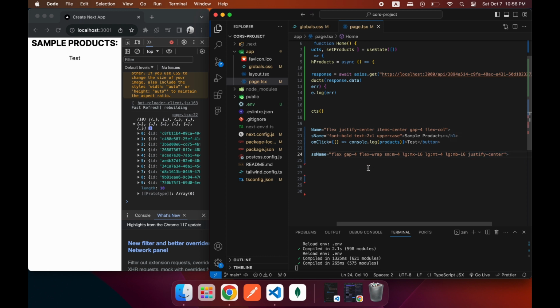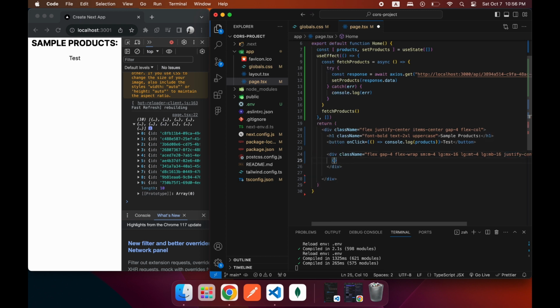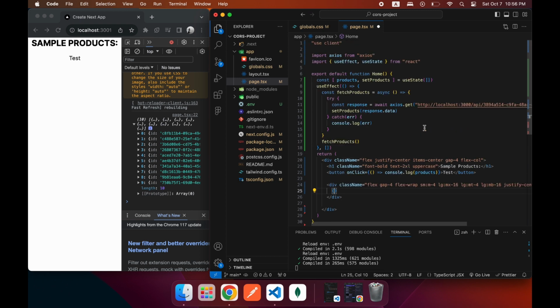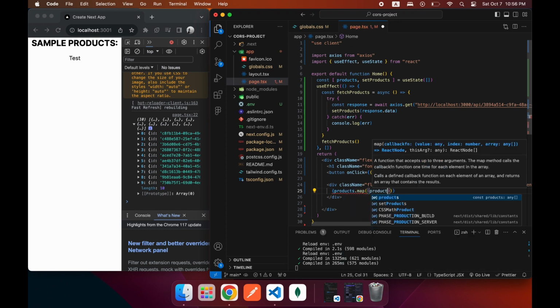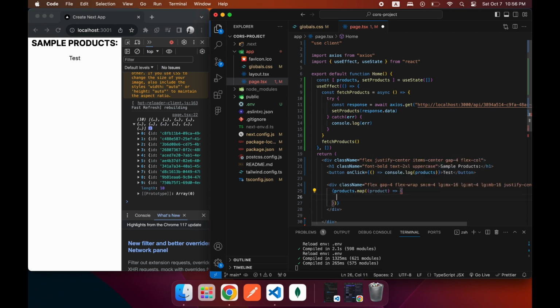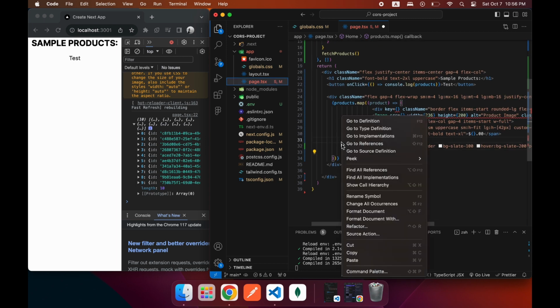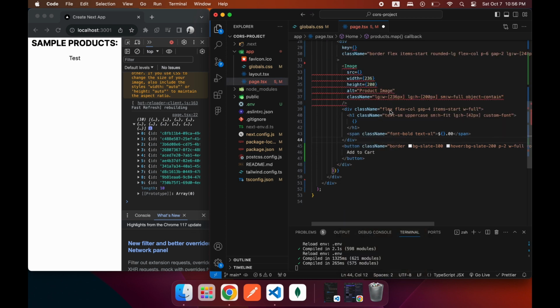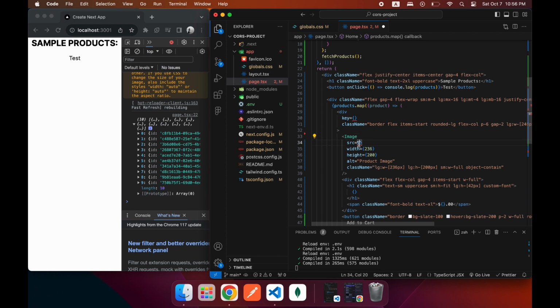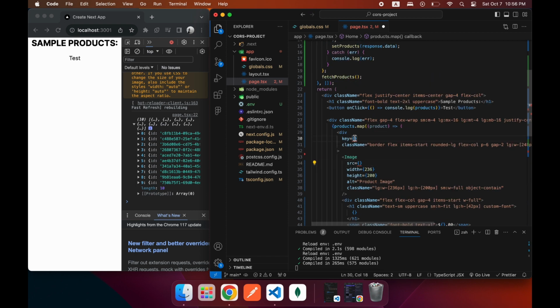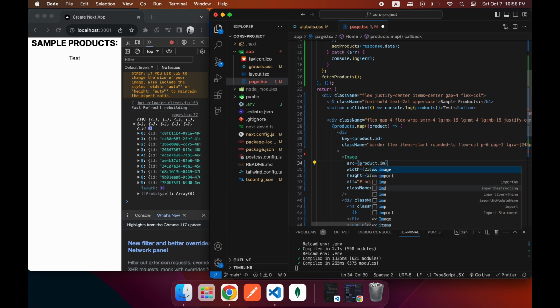To avoid unnecessarily taking your time, I just added this div right here. It simply contains a bunch of Tailwind classes, and you can also add it to your project. So what we're going to do right now is we're going to iterate over the products array like this, products.map, product. And again, I'm just going to paste this part of code because we don't want to waste time on styling. Let me format it so it's easier for you to see. This image comes from next/image, and let's start with the key to be able to identify our products. So product.id, and then for the images it is going to be product.images